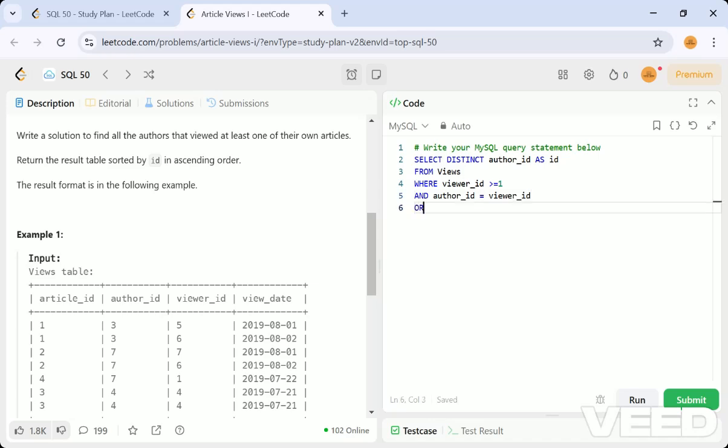They have given order by, they are ordering with id, right? So id is nothing but this column, order by that. So this is the case.